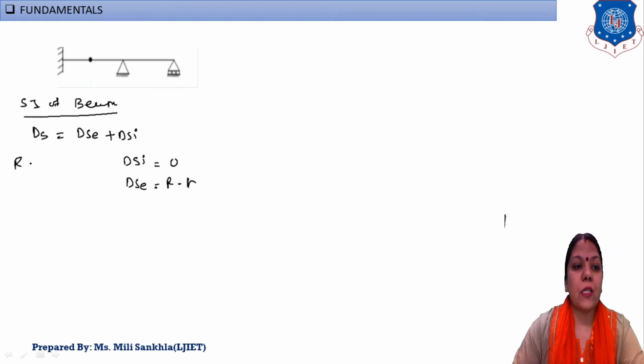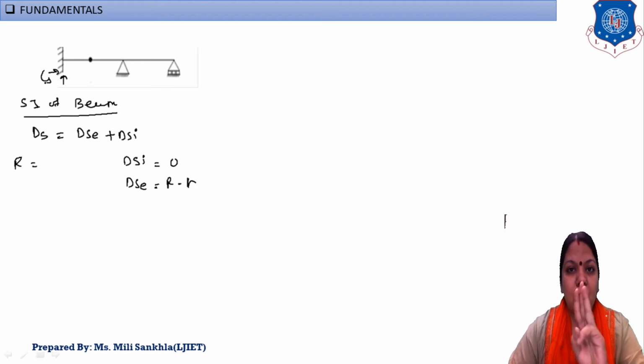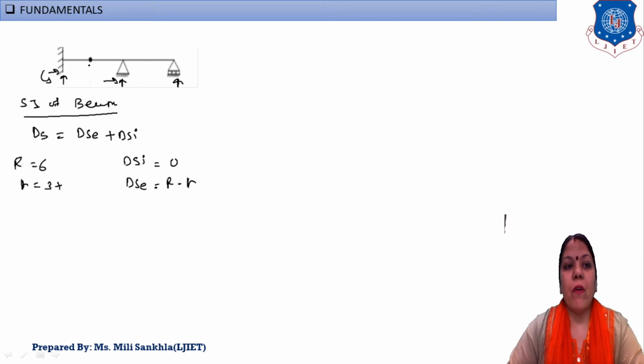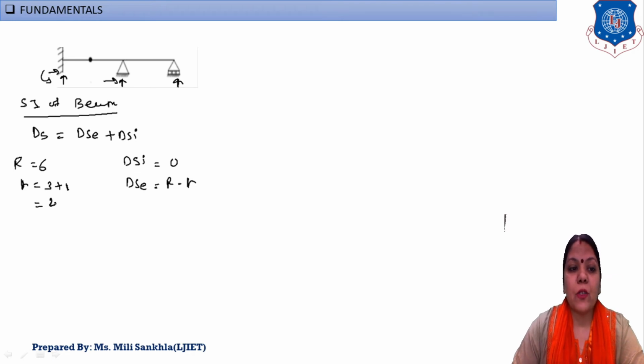Now what is the support reaction? R. R is equal to 1, 2 and 3. Fixed support has 3 support reactions. Here hinge has 2 support reactions, and roller 1. 3 plus 2 plus 1, 6. Write down 6. And here internal hinge is given. Small r is equal to basically 3. Okay, 3 plus 1 internal hinge is given, so here we add 1. Okay, number of internal hinges given, that we add in small r. 3 plus 1 is equal to 4. Now put the value here. 6 minus 4 is equal to 2.